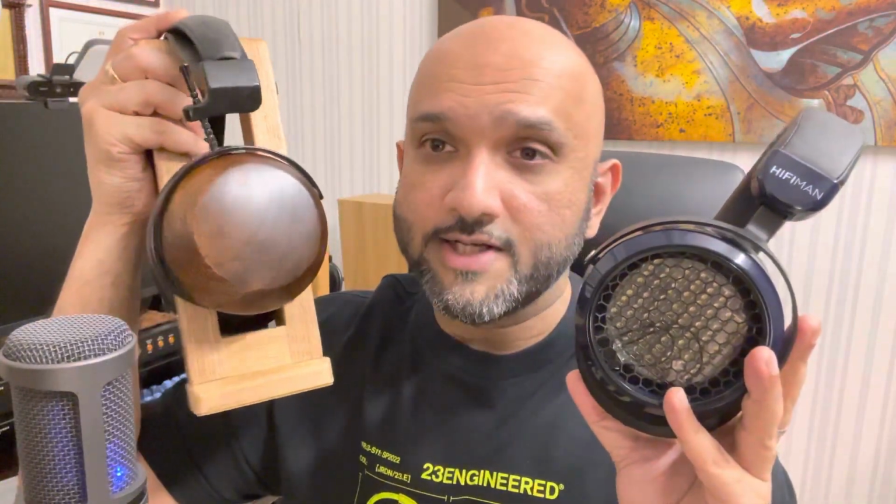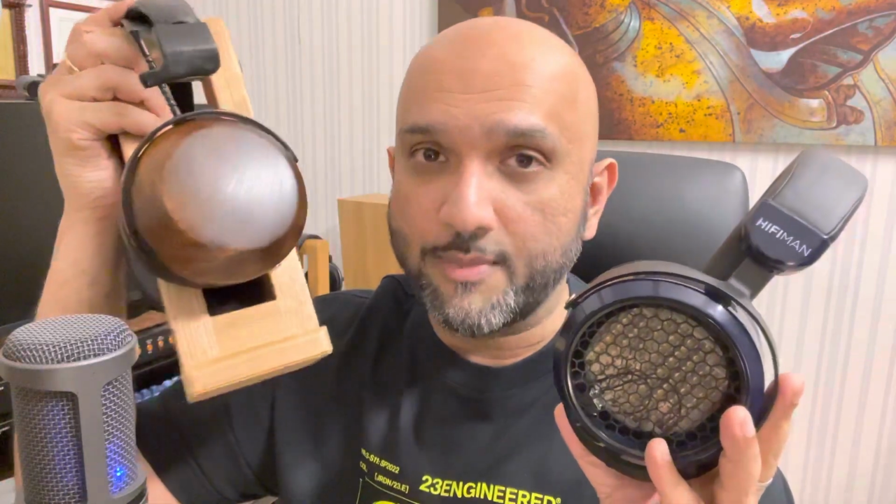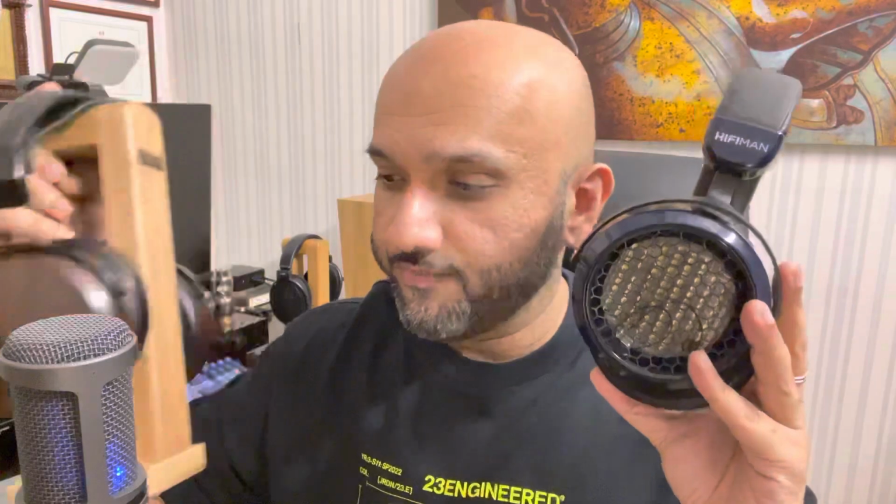This is a Verite closed, which does scale a lot on a high impedance OTL amplifier and does wonders when it's amped right. However, if you're not amping it from an OTL, I feel like these two have a similar level of resolution. So to round up my discussion on sound, it's a fairly resolving headphone, but for $1,800,